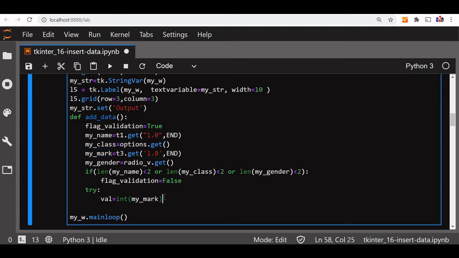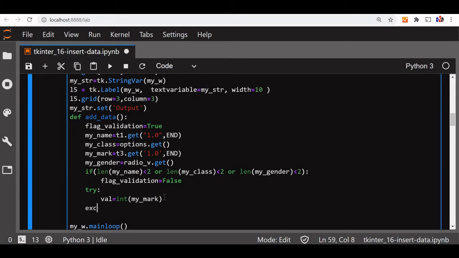Imagine the user has entered 55, then it will be converted. Say the user has entered ABCD instead of 55. In that case, our except block will be executed, and this block will set the flag validation to false, because proper input is not given. So now our validation part is over.